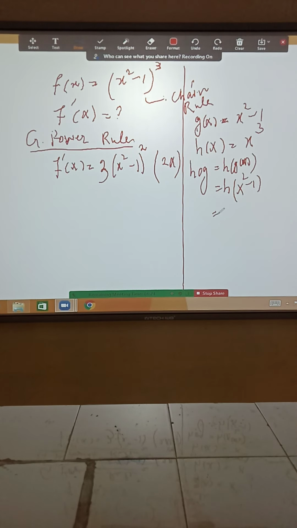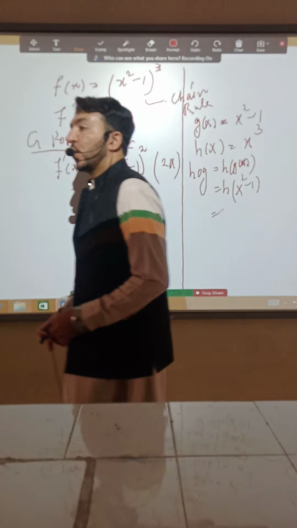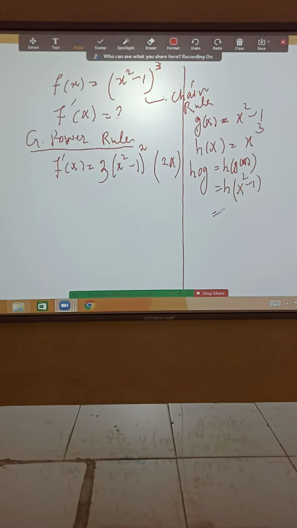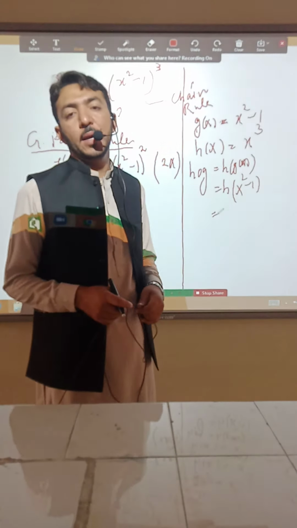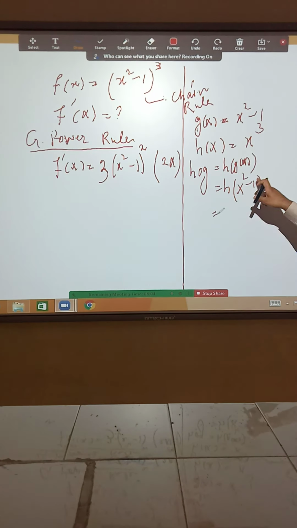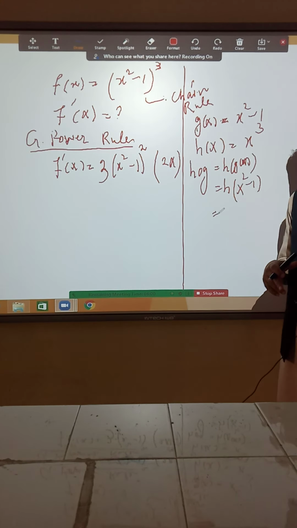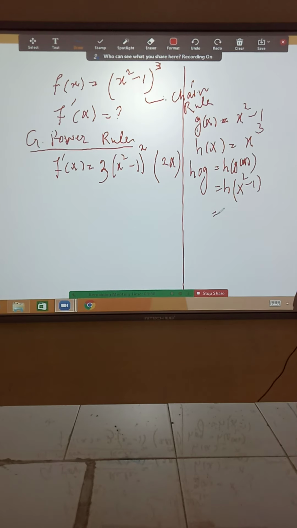Okay, now what is the definition of h? Clearly see that the range values in case of the function h will be calculated by using the definition which is x cube. जो वैल्यू आप यहाँ पुट करोगे रेंज की वैल्यू कैलकुलेट करने के लिए उसका क्यूब आपने लेना है. तो यहाँ अगर आप देख लें h के डोमेन में अगर x स्क्वायर माइनस 1 है और x स्क्वायर माइनस 1 में अगर आपको रेंज वैल्यू चाहिए फंक्शन h की, सो इस डिफिनीशन के मुताबिक वो होगी x स्क्वायर माइनस 1 होल क्यूब. सो यू सी दैट इज नथिंग बट दैट इज f of x. सो यू कैन कन्वर्ट the given function into the composition of two functions.